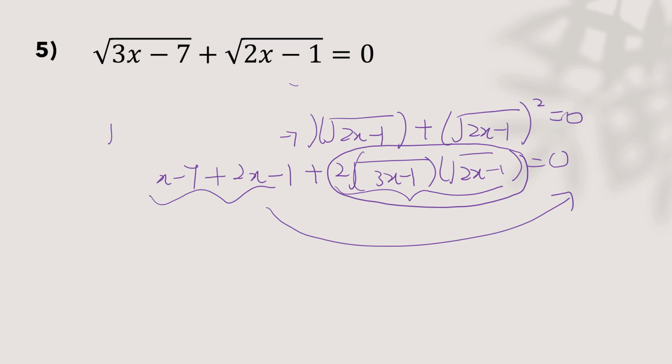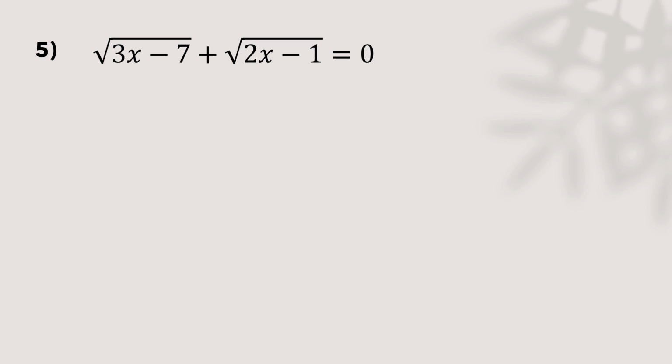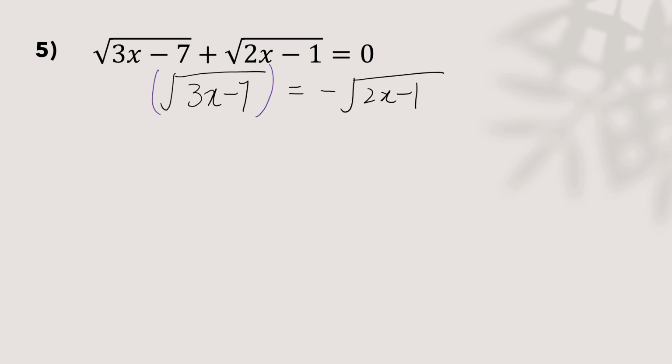let me erase all this first. An easier way will be just, before you apply the concept of squaring both sides of an equation, we just bring this term over to the right-hand side. All right, so this will appear to be similar to what we have done earlier on, and then you can just apply the concept of squaring both sides, and you will get 3x minus 7, and